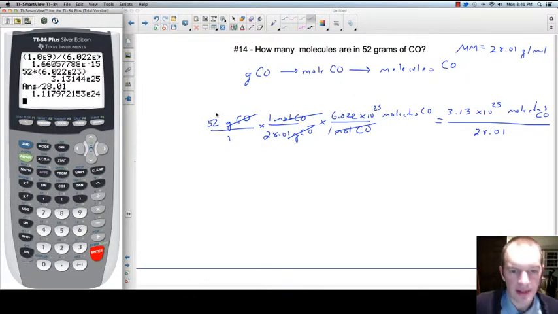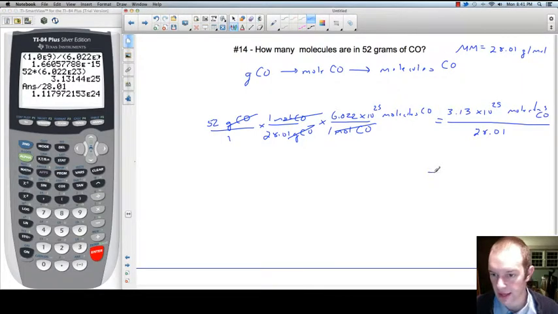So rather than writing a number down and modifying it, we can see there's two significant figures here. This is a lot more than two significant figures here, but we can go ahead and come up with a better answer for that by saying that it's equal to 1.1 times 10 to the 24th molecules